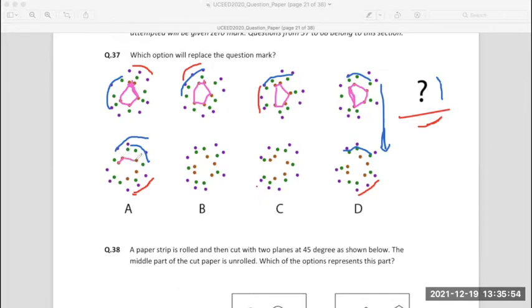So I will say, okay, how are the positions placed of those brown dots, not orange, but brown dots. And here it is somewhere between A and D, because I had shortlisted A and D based on the purple dots position. So in D, it is 90 degree, and in A, it is again very slightly tilted. So I will say, even by the position of the orange dots also, option A is the only one which suits, which is in sequence with the given sequence.